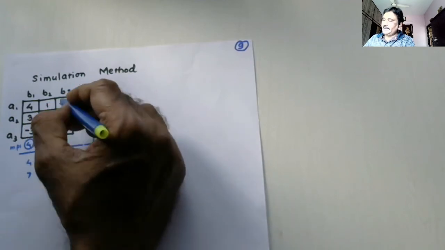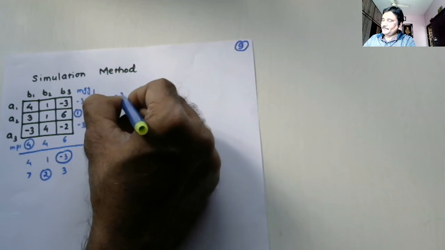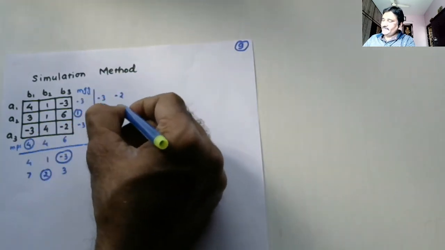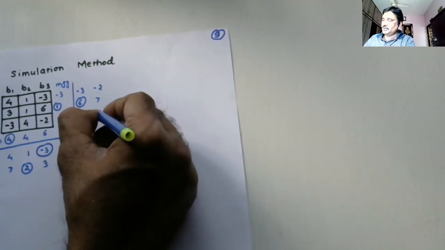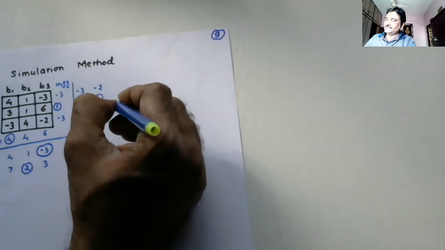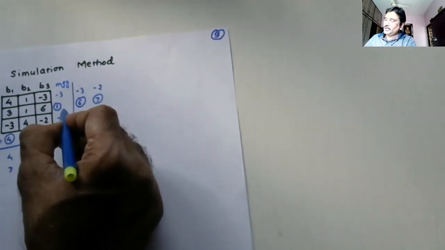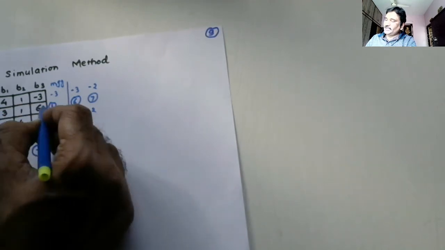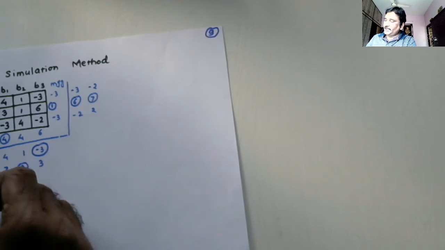Now these values will get added to the gains made by player A. So 1 minus 3 is minus 2, 1 plus 6 is 7, 4 minus 2 is 2. Alright, so maximum once again is this. Player A will be selecting to play A2, and by doing that these values once again will get added to the accumulated losses to player B.